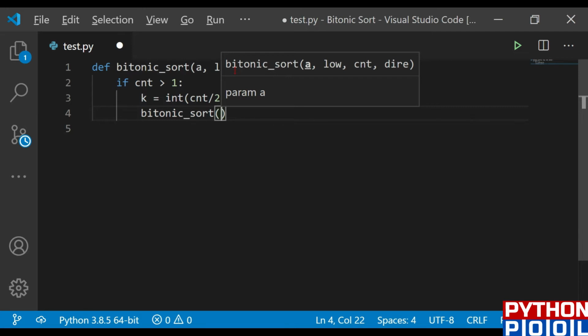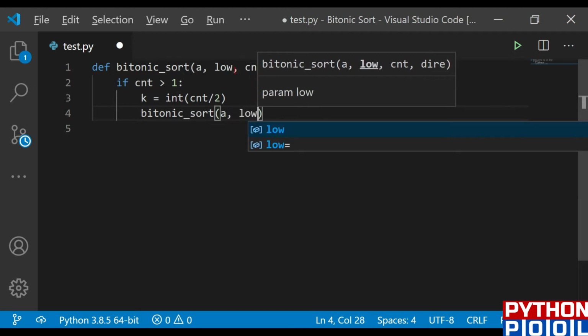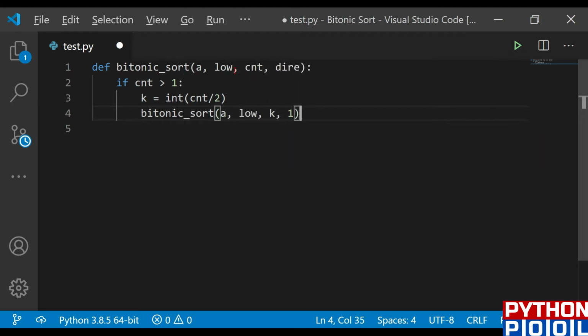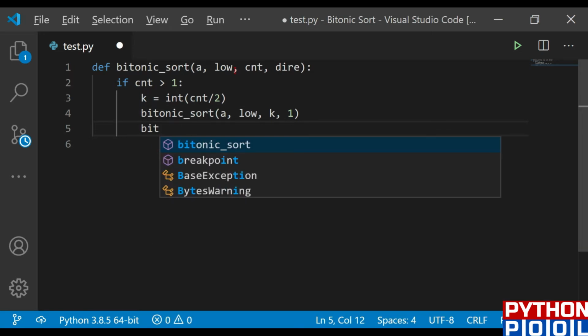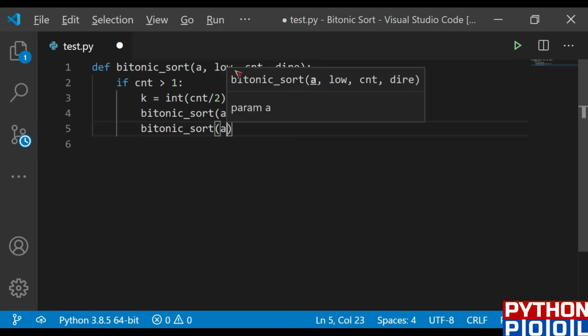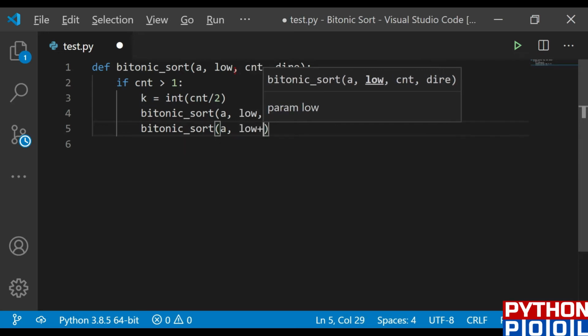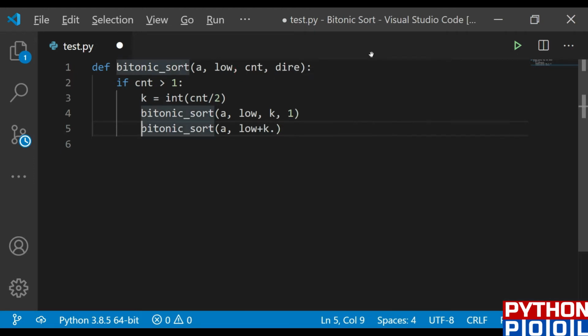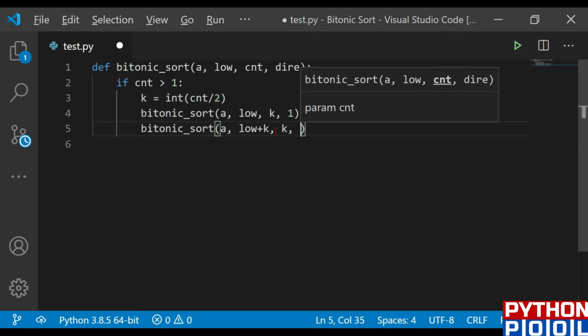So it would be list A, low value to K, in the direction of 1. Again, I'll call this bitonic sort function and pass list A, from low plus K to K, in the direction of 0.